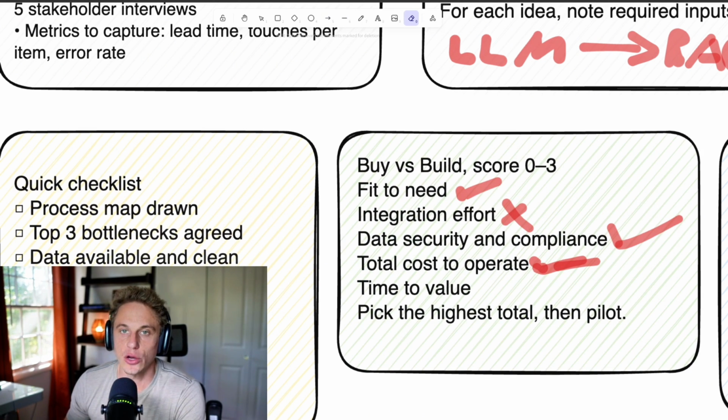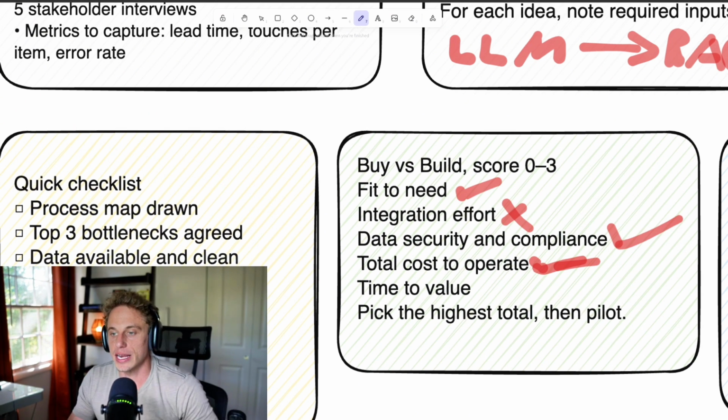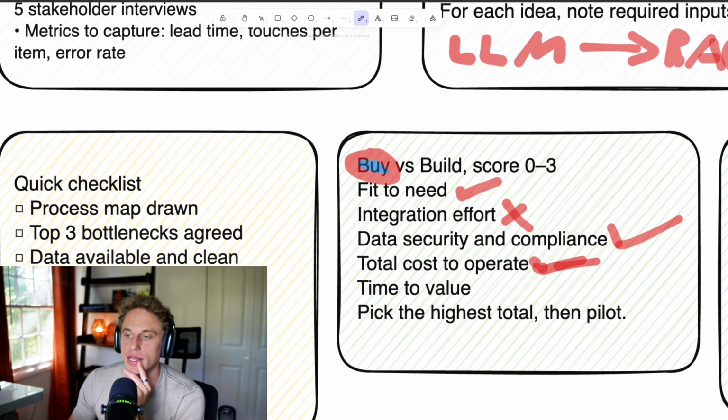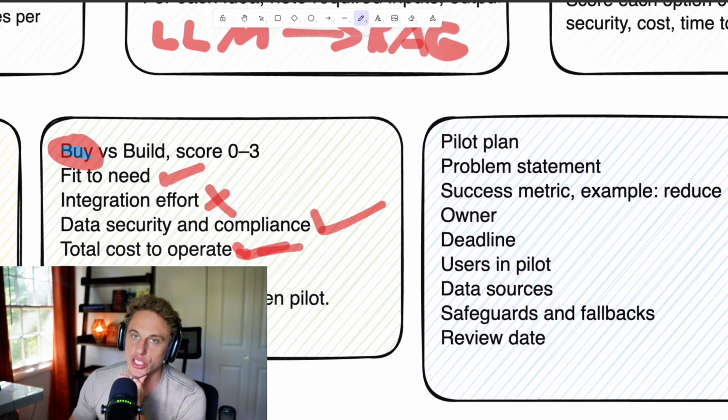But as you probably know, it's not going to be as simple as just finding software solutions most of the time. But you can think about it like this: the fit, the integration, data security, total cost, time to value, pick the highest total, so on and so forth. These are all ways that you can think about integrating AI solutions into your business. So the 0 to 3 method really is what I like to do. And what you'll see is, more likely than not, the buy will not be supported, and so you'll need to build. And from there, when you build, that's where things get really interesting, and that's where you should